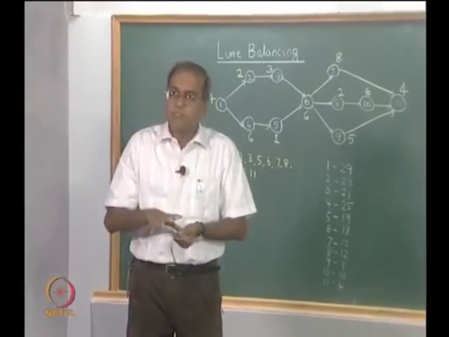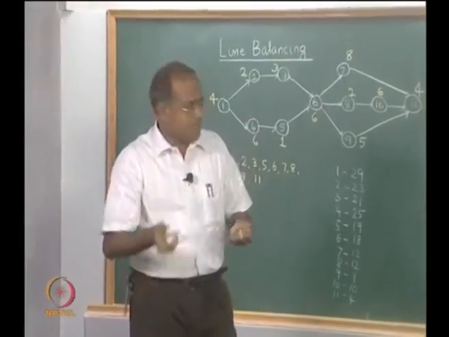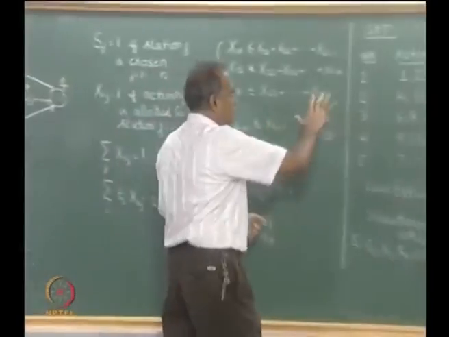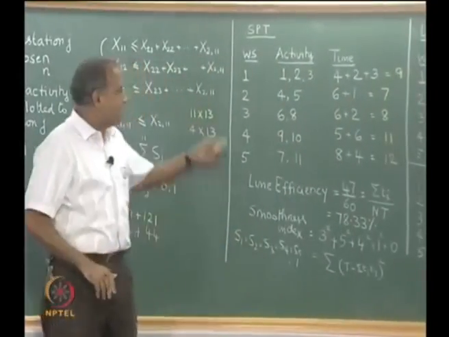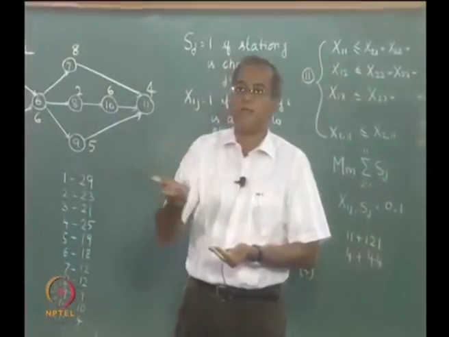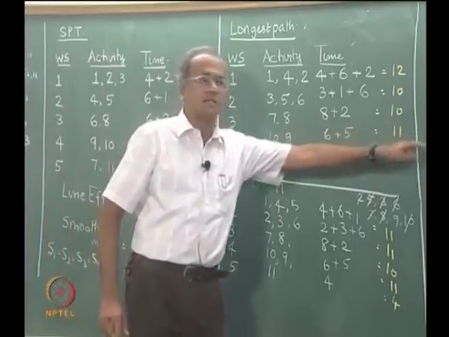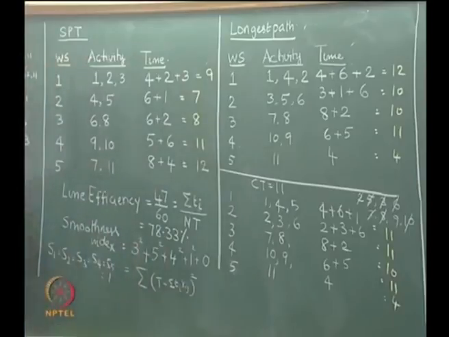So, the main problem is to minimize the number of workstations for a given cycle time. The next problem, if we were to look at only heuristic solutions, is to try and get, invariably the heuristic solution will overestimate the number of workstations slightly, and in such a case the problem will then be, for a given number of workstations can I reduce the cycle time further, so that the line efficiency can go up, the smoothness index can come down. But the basic problem is always one that minimizes the number of workstations for a given cycle time.